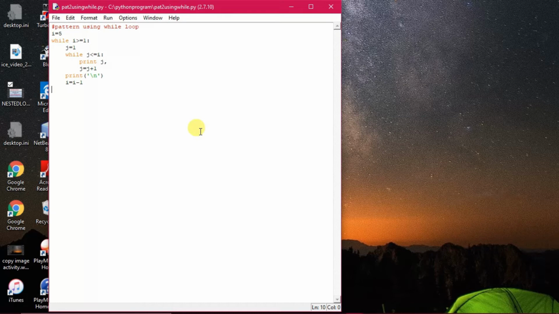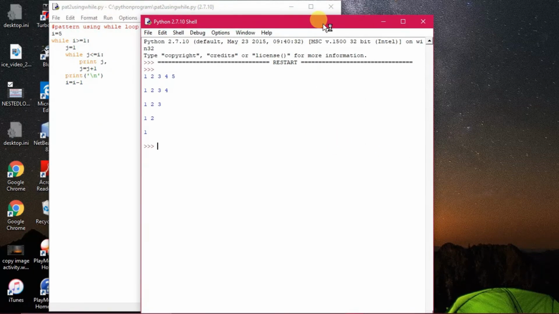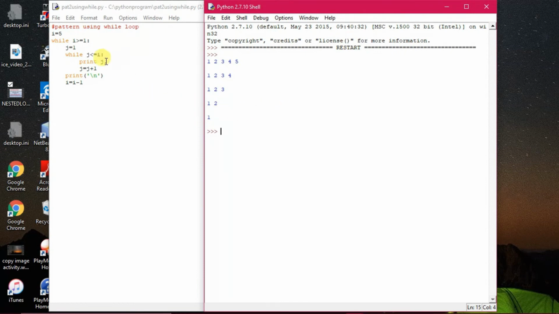It is starting from 5, going from 5 to 1, so it tends to be lesser, which is why I is decremented by 1. You can guess its output and how it is generated easily. So you see what is happening: the value of I is 5, so 5 is greater than or equal to 1, yes, it is true. Then j will be 1, j less than or equal to 5, that means 1 2 3 4 5, 5 values are printed. Then the escape sequence is executed, then I will become 4. Then 4 to 1 follows.